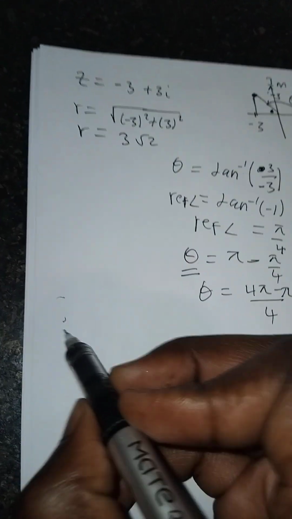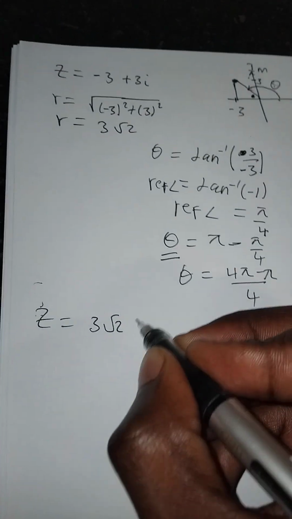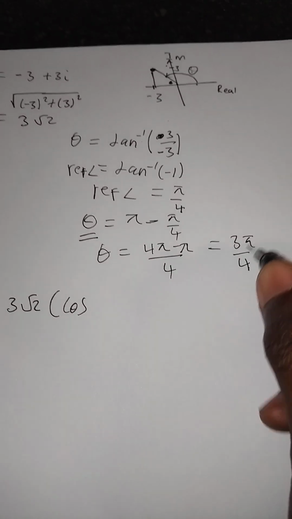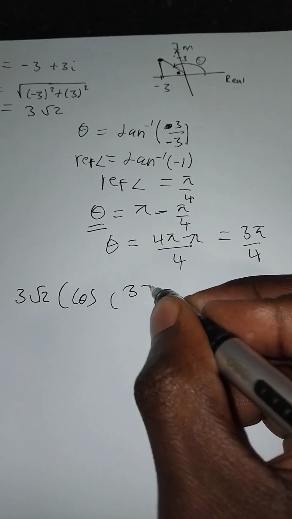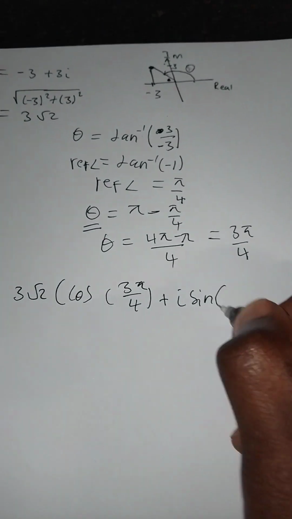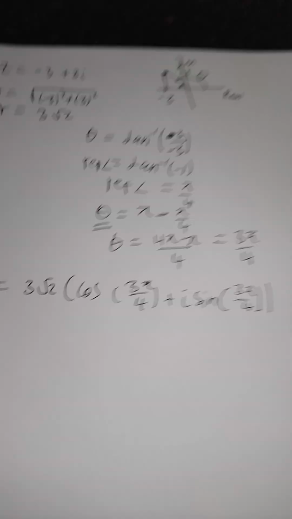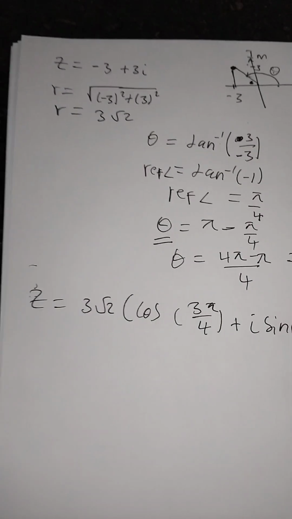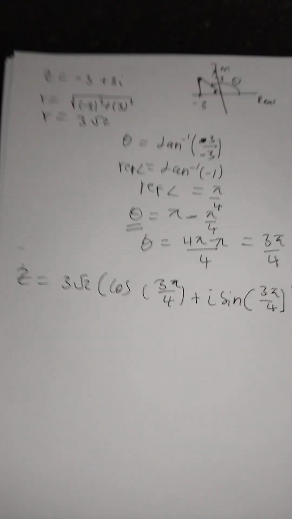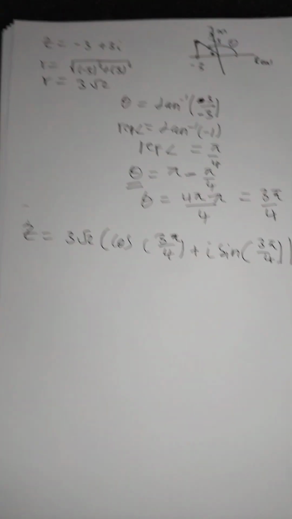So we can write our z now in polar form. Say we have 3 root 2 cos of, what is our theta, 3 pi over 4, plus i sine of 3 pi over 4. Okay, so for those of you who didn't follow on this one, let us do another example, and hope this time you guys will pay attention, and feel free to rewind the video so that you can catch up with us. Okay, now let's suppose you have another one where they say z is 1